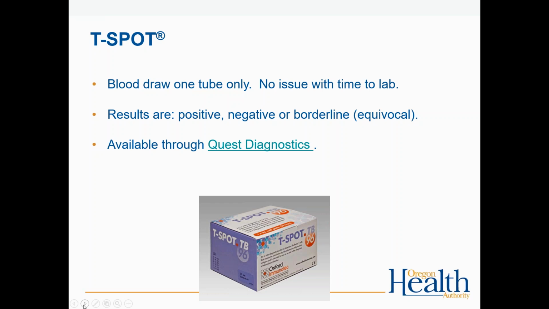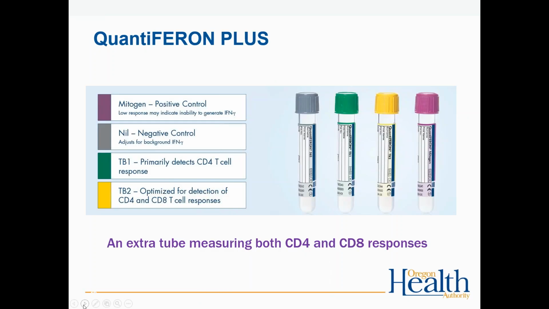The next one's the Quantiferon, I think, and other than this being easier for labs to do, so it's probably more widely offered outside of reference labs. I guess one disadvantage is maybe you've got to put it in 4 tubes. There may be some other advantages there. You get a little bit more information back with the second tube.